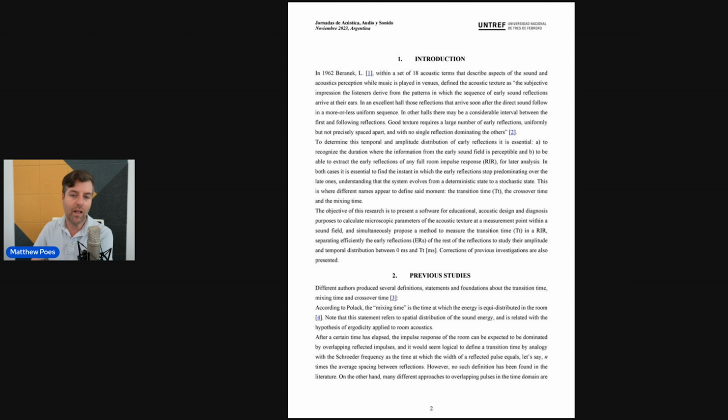So this talks about, within a set of 18 acoustic terms that describe aspects of the sound and acoustic perception while music is played in venues, defining the acoustic texture as the subjective impression the listeners derive from the patterns in which the sequence of early sound reflections arrive at the ears. So basically, when you listen to live music, there should be reflections in that live space. And it's what gives the music its life. It's like its body, its sound,